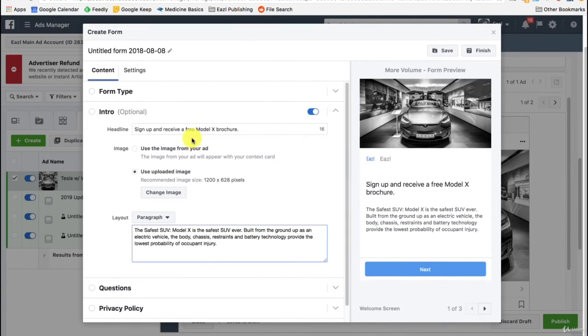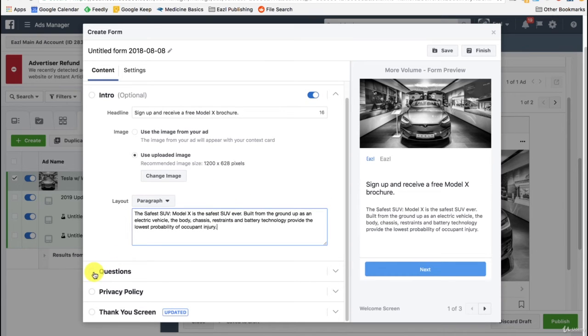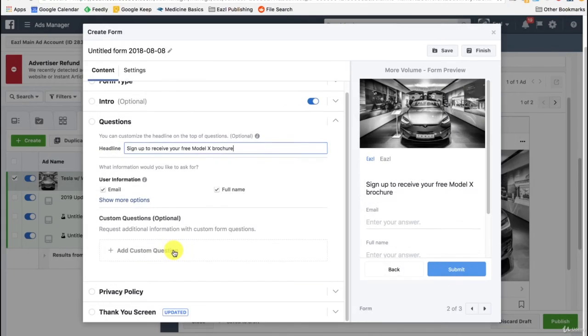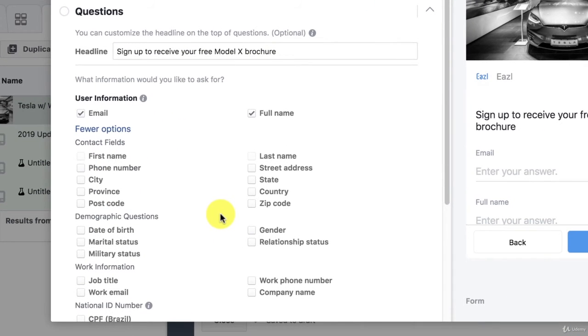All right, so we are going to put a headline in here, and you see we're going to offer people to sign up and receive a free Model X brochure if they opt in. And we wrote a little paragraph here that is honestly taken from Tesla's website. So this is kind of how they describe their product. And we're going to go ahead and select this questions option here. And we're going to add a custom question here if you would like to, but actually I take that back. Let's use one of their questions that they offer by default,